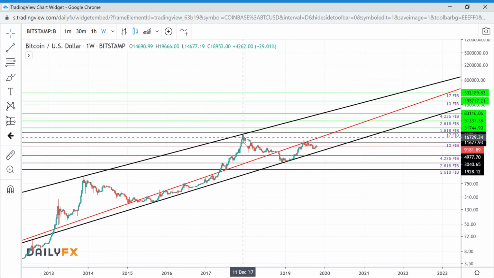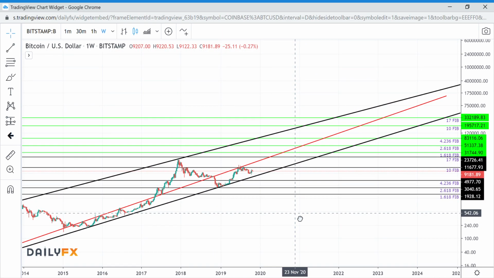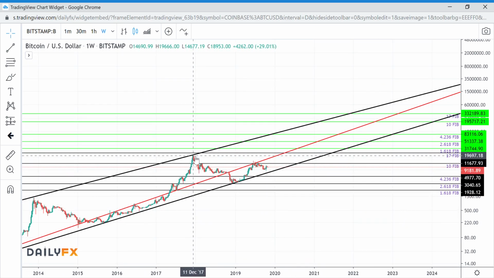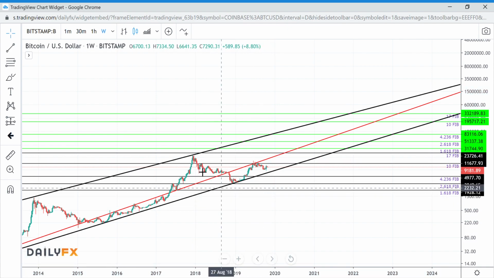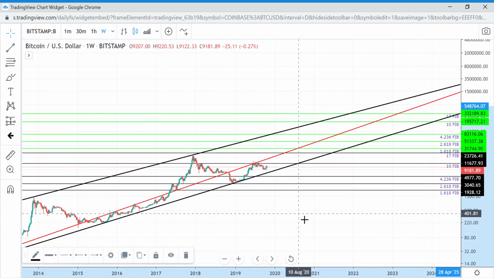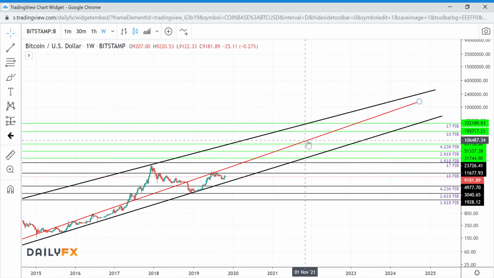Right now, 4 years into the future, if we stay within this channel and we do the exact same thing, where are we going to end up? What the fuck? So where are we going to end up? Excuse my language. So 4 years from now, at the end of 2021, where do we end up? Look at that. That 17 fib level we talked about, that we hit in the previous high, well, it just so happens to be at end of November